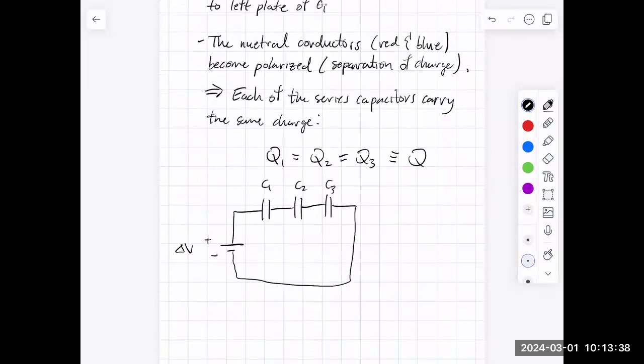We already know that they're all going to have the same charge, but there'll also be some voltage differences across these capacitors. And so what I want to imagine doing is taking a charge and having that charge complete a loop around this circuit. Before we do that, let's just remember